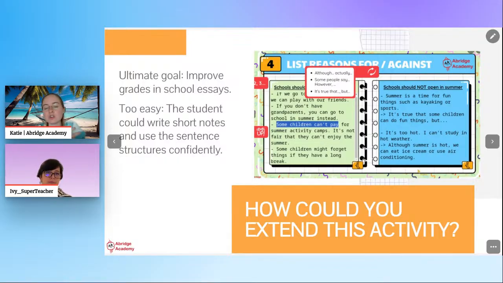But if it's a student who wants to focus more on speaking, or understanding and appreciating different points of view, I might get them to say, okay, the topic is whether school should open in the summer or not. Okay, you think school should open in the summer. But now I'm going to force you to think from the other point of view, and please give the argument as if you're arguing from the other side, and get them to put their brain into that different frame of mind, forcing them to think from a different perspective.